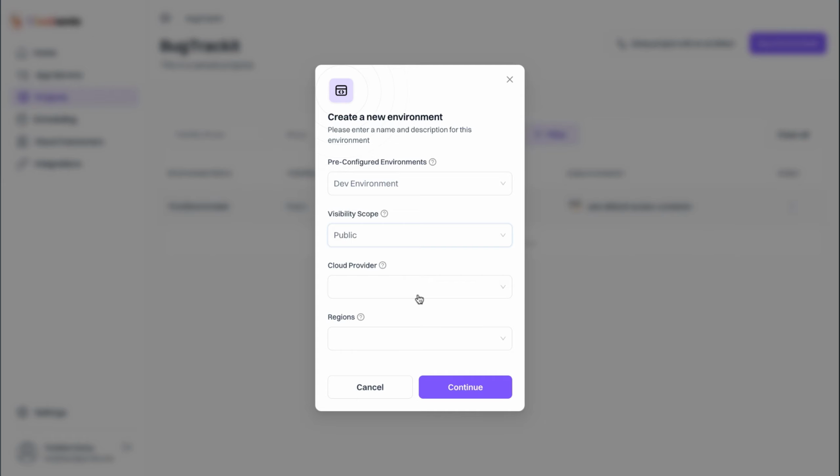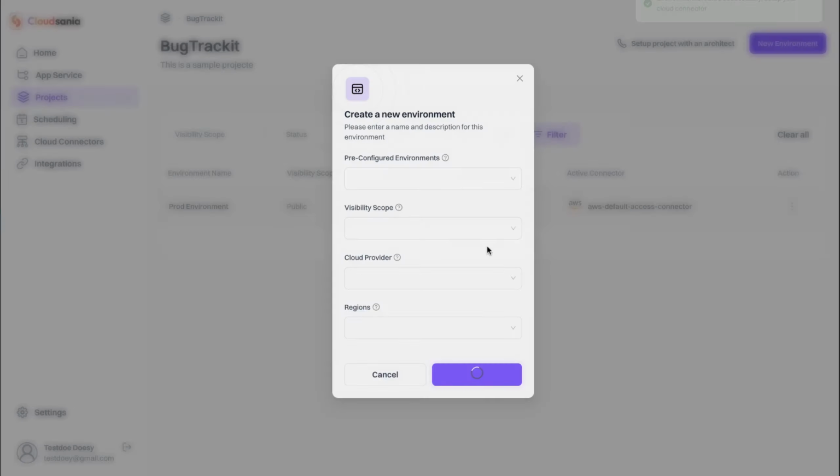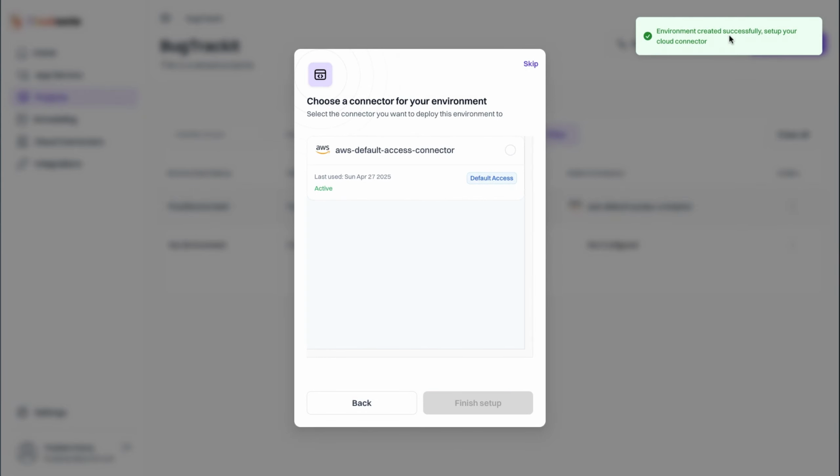Next, I need to choose the cloud provider that I want to create this environment for. So I'm going to select AWS, and then based on the provider that I have selected, we need to now select an AWS region. So I'm going to select this and then click on the continue button. So here you can see that the environment has been successfully created,